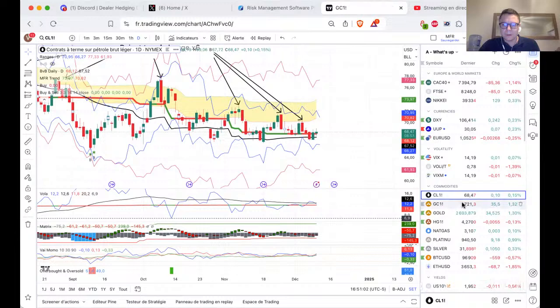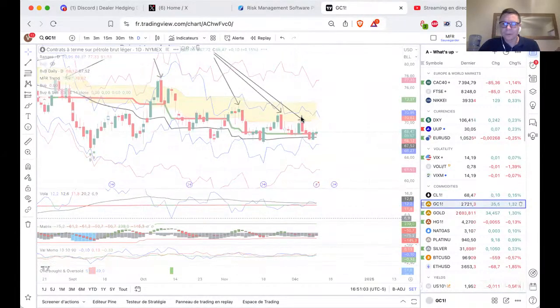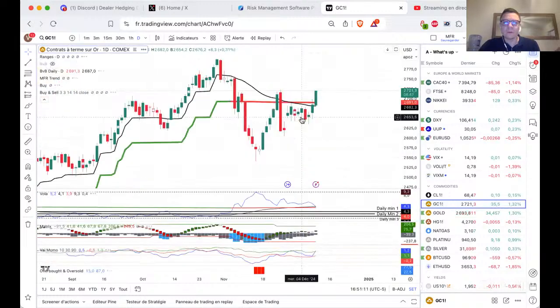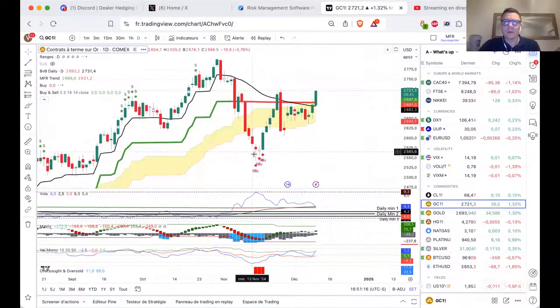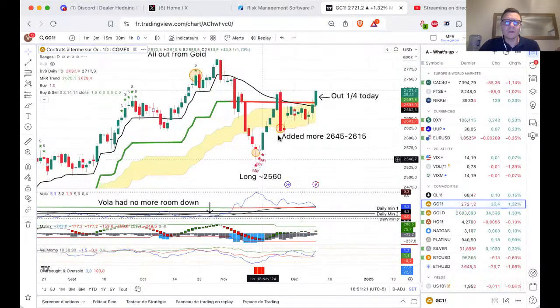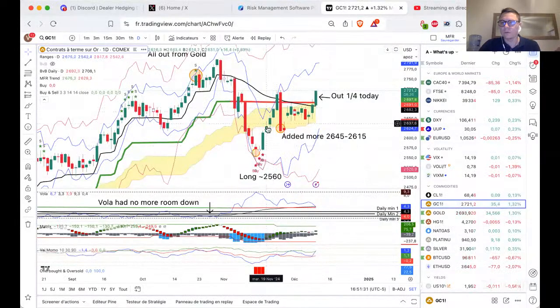Now gold, so I'm using JC, gold futures. Today I took off a quarter of my position. I have a big position in this one. As you know, I bought here when I got the buys. I added some more in this area, so of course I unloaded some here. You know this from the previous show and from my tweets. I added some more in this dip that we got, and here I started to sell some. The reason I'm starting to sell some is because we are at the place where, if I'm wrong, it's going to get rejected.